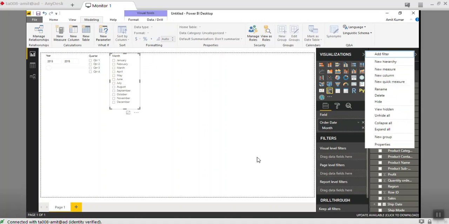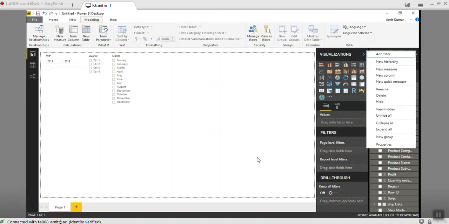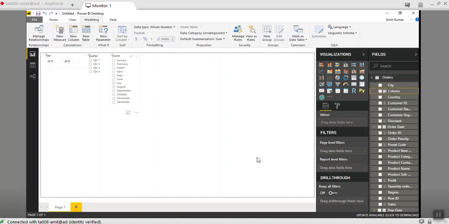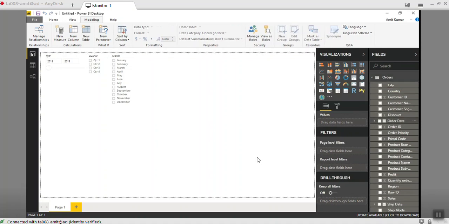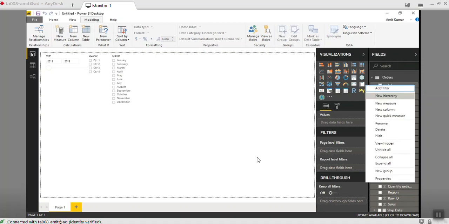So what I can do is create a custom column, a different column. Maybe I don't want to have a hierarchy. We don't require a separate column for year, quarter and month, but still, if I want to create a different column for year and month with the date only, that's how you can do it.